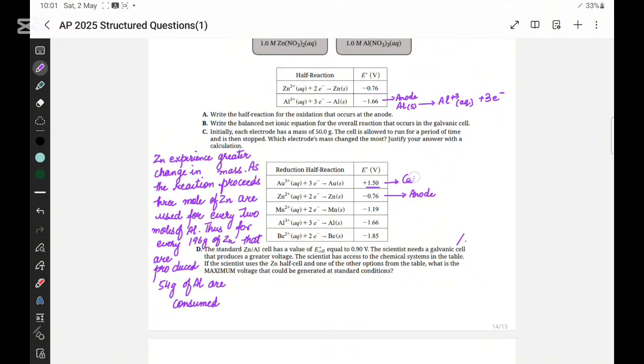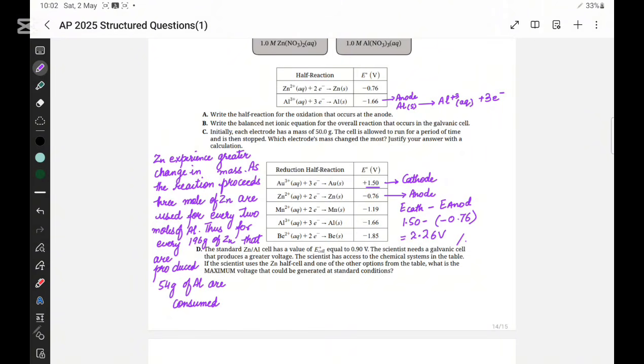That is going to be cathode there. If we are using the formula E cathode minus E anode, then E cathode is 1.50 minus 0.76, and the answer that comes out to be